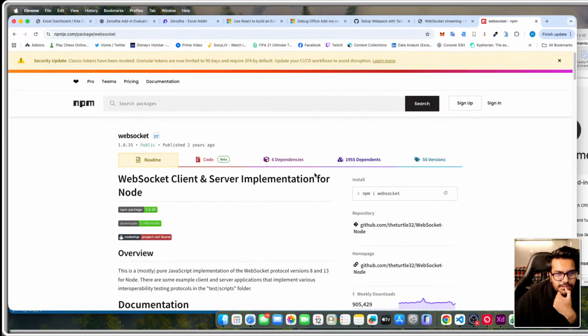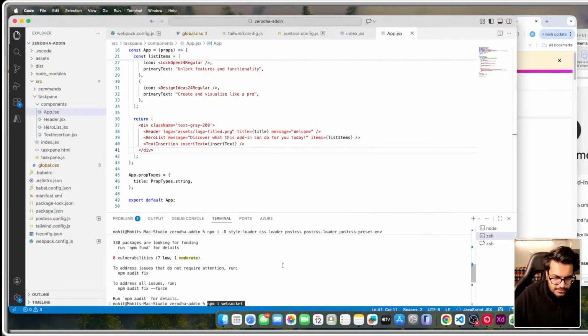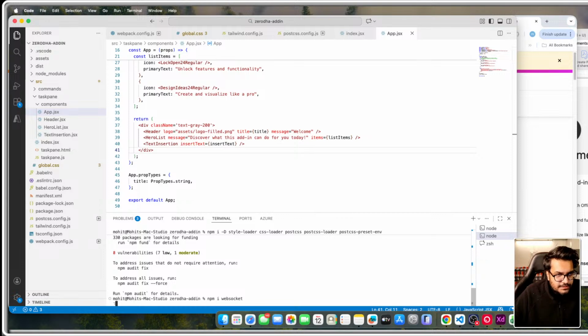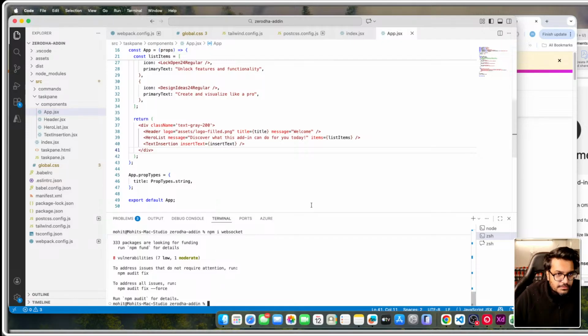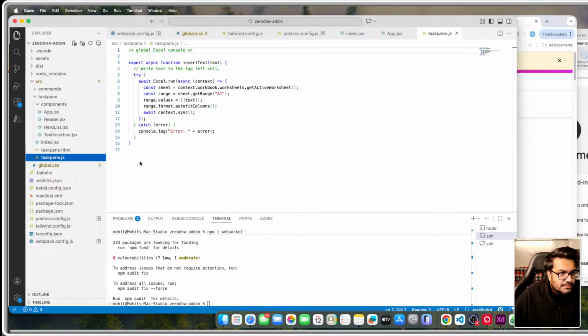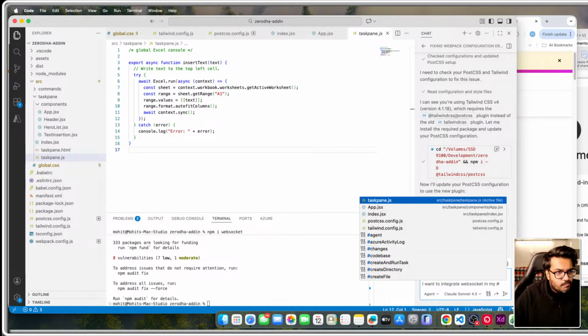Okay, I will use this. So it will be npm I WebSocket. So we have this, and let's see how we can integrate. So I'll tell Claude to do this. I want to integrate WebSocket in my index.js or app.js